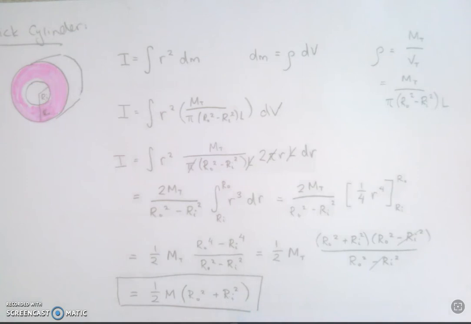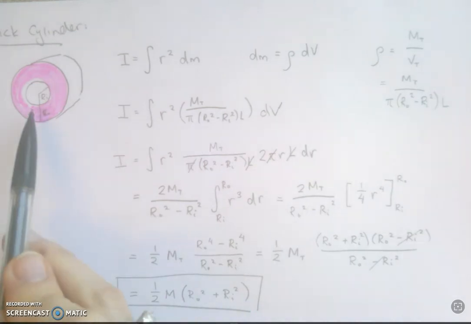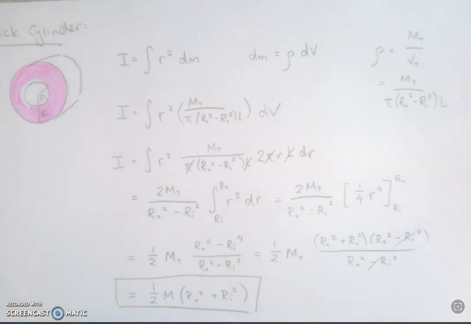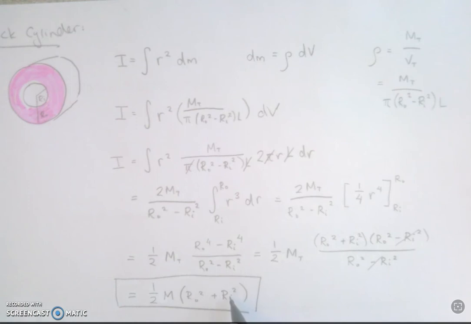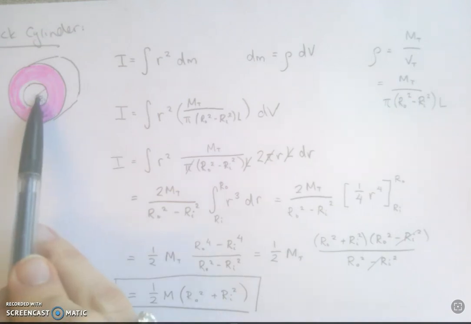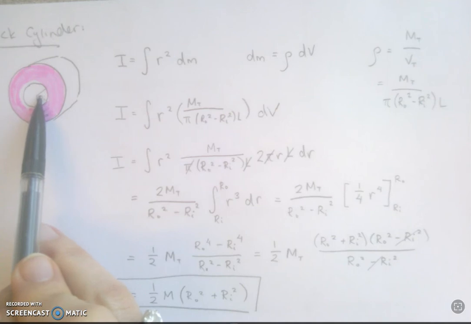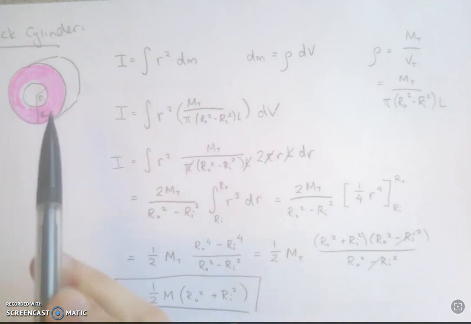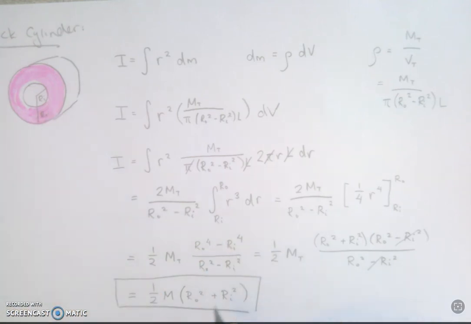Now, let's check our work. If the inner radius decreases and decreases and is practically 0, so that this cylinder is practically solid, then this is going to become 0, and we're going to get 1/2 M r squared for a thick cylinder. If the inner radius gets larger and approaches the outer radius until they're basically one on top of the other, and we have a perfectly hollow ring,